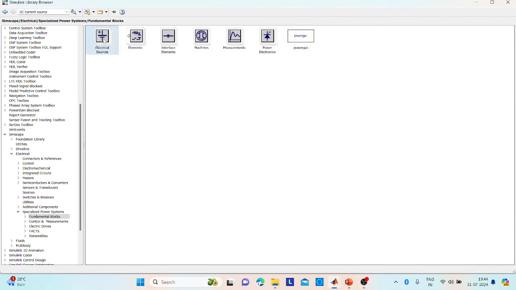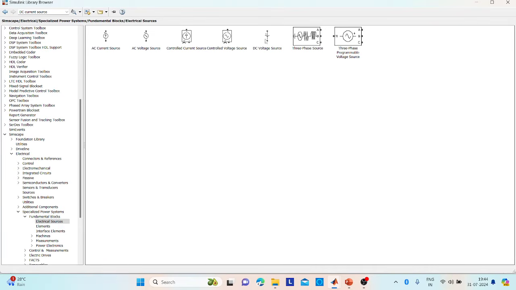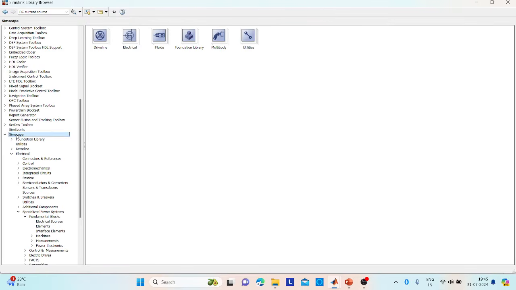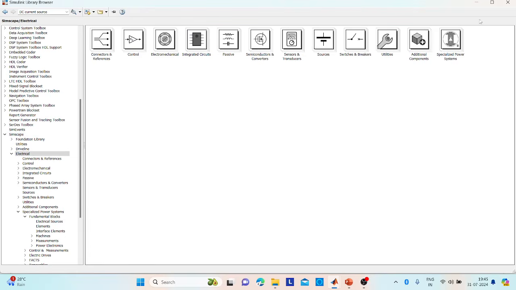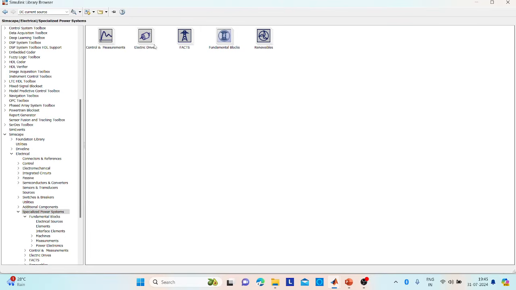Fine. Electrical sources, I'm clicking on this. Here you can see AC voltage source, current source, all the different parameters, but I'm interested in the DC voltage source. So I'm going to take this and right click on this, and this will be added. Then I'm going to go back to the block of